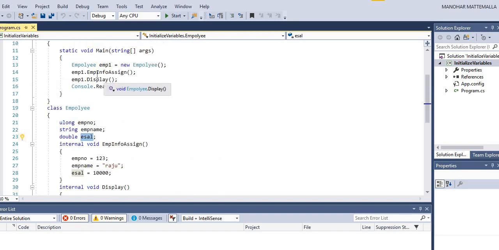You see here in the main method, I created one object for the Employee class. Employee 1 is the object of the Employee class. The next line is the object dot this method, and again the object dot the display method.